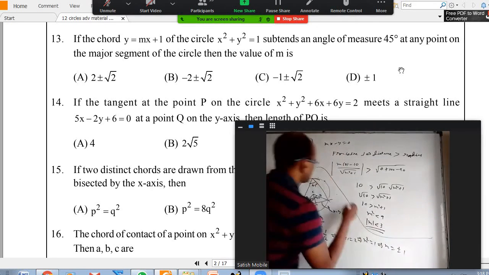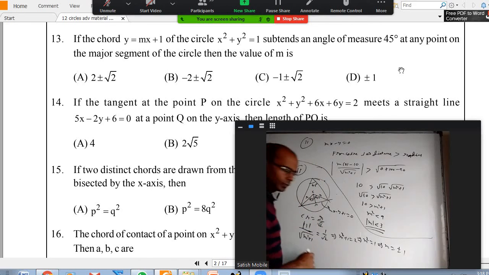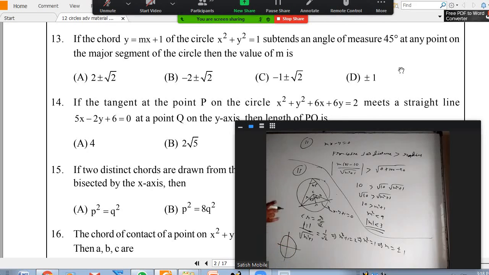You can see that in the figure for a simple question where x square plus y square equal to 1, and the line is always passing through 0, 1. So your line can be this or this, which will subtend 90 here and subtend 45 anywhere else. So 0, 1, 1, 0, minus 1, 0. These are the two lines as answers directly from the figure, where you can understand the slope can be 1 or minus 1. But in general, we can do it like this.